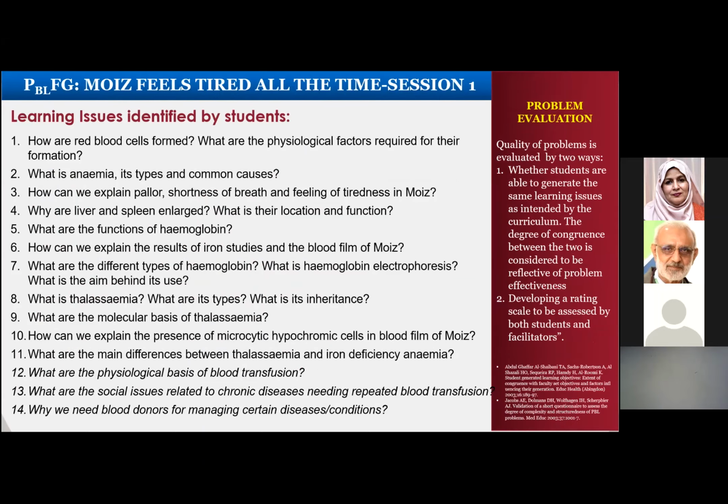Now, look at the number of learning issues the students have identified. This is the exhaustive list of the students' learning issues. You will normally see that the learning issues they identify are more than the learning outcomes which have been given in the facilitator guide. But ultimately, they work out to be the same, because these are in question form and that one is in the form of learning outcomes specifically written there.